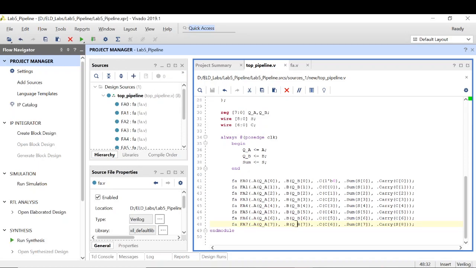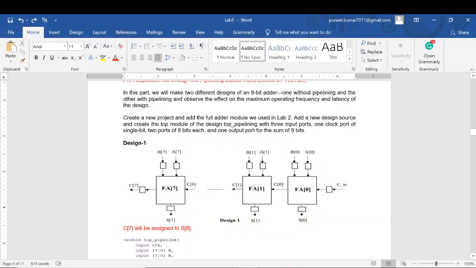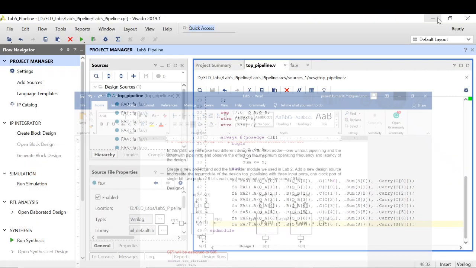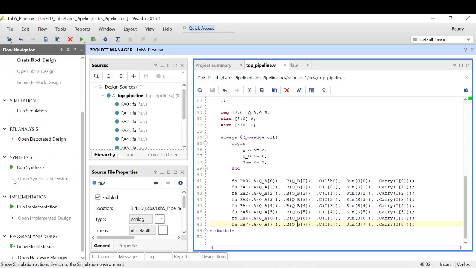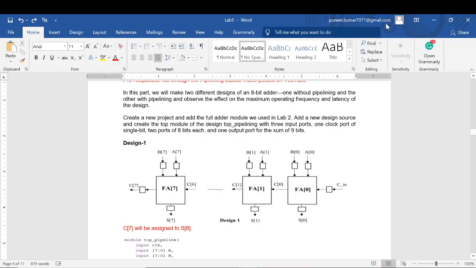So after instantiating the full adder module 8 times, my code looks like this. I just made the connection like this diagram. After doing this, we can see how my design looks. Does it look like something like this or not?